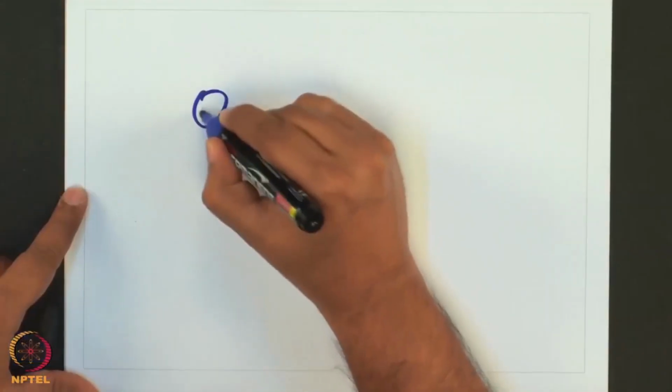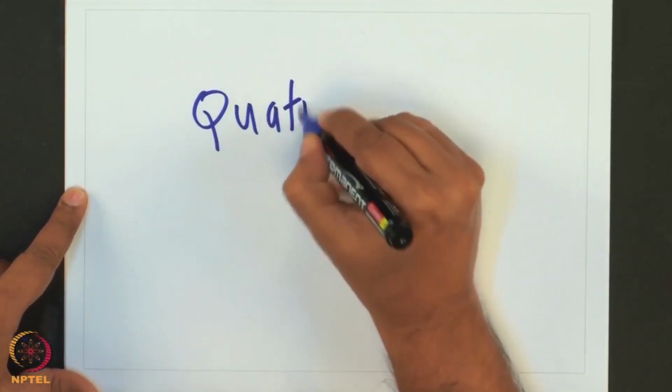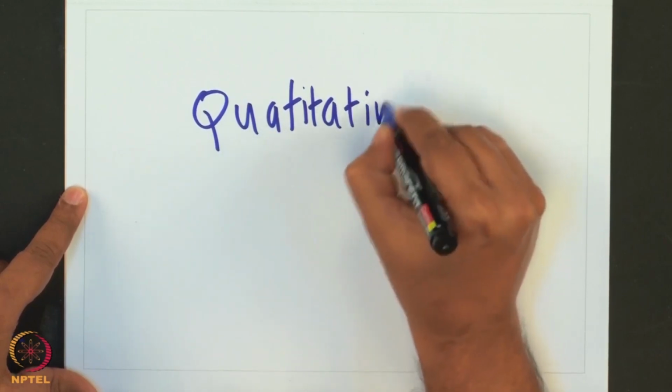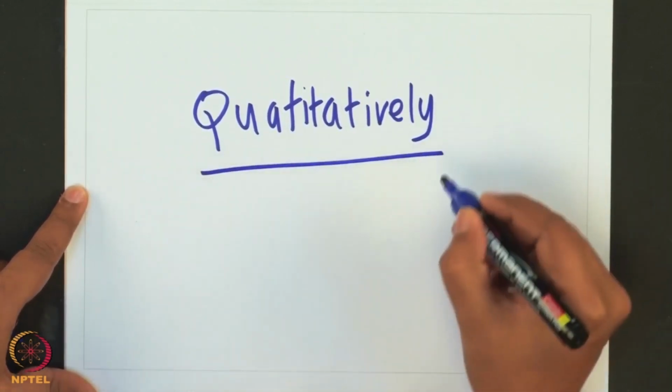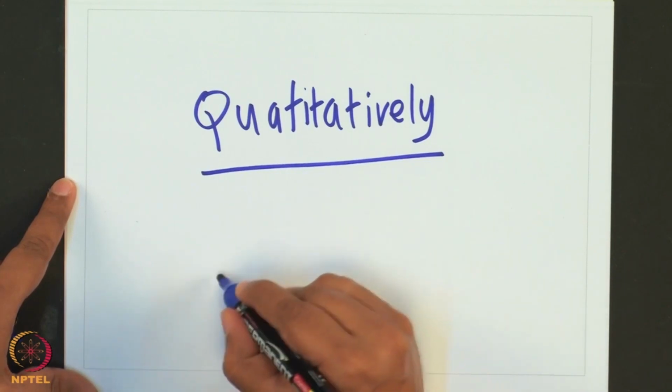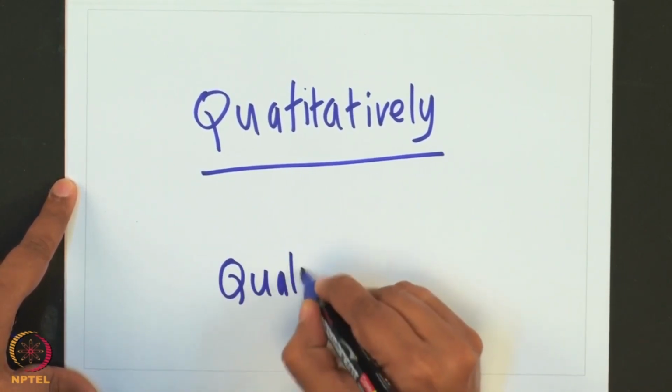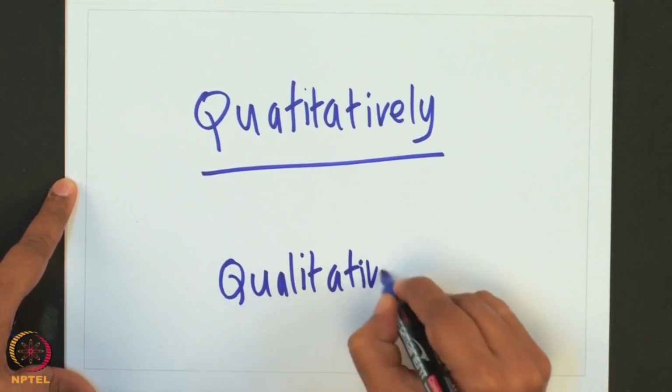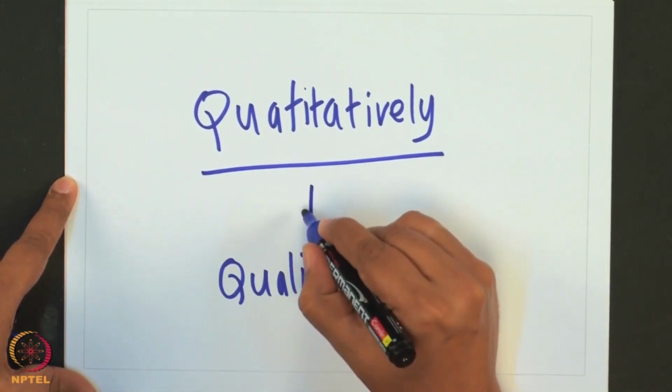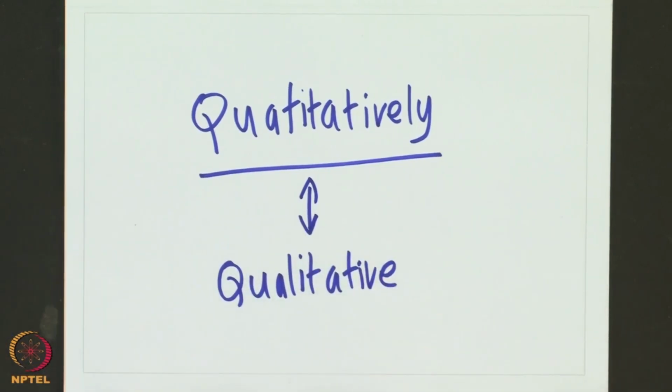So, this is the key word that all of you would want to remember: quantitative, as opposed to qualitative. One could say things qualitatively using English or any other language. If it is descriptive, one could just describe qualitatively using the language of our choice,